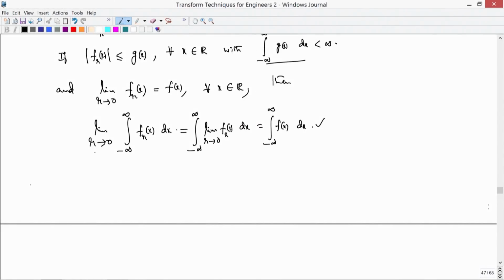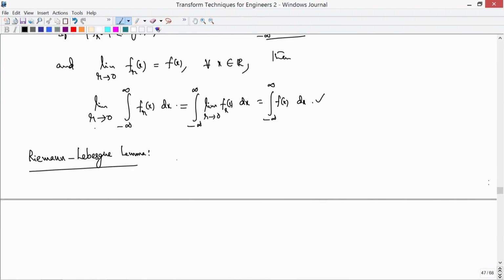Now we will use this theorem to give another proof of the Riemann-Lebesgue lemma that we proved in the last video. So, if f(x) is piecewise continuous and absolutely integrable,